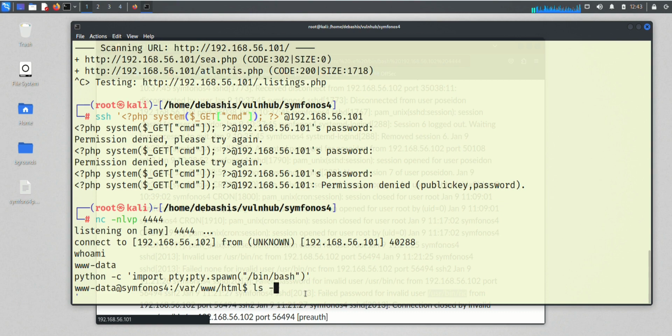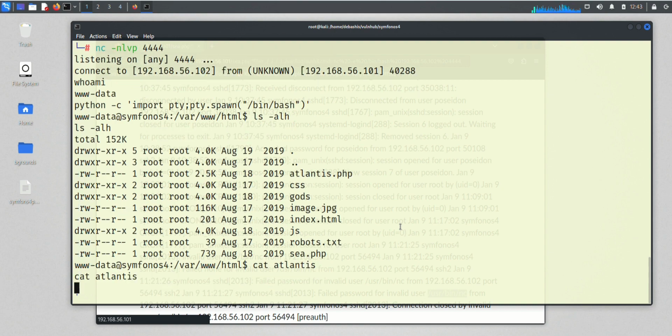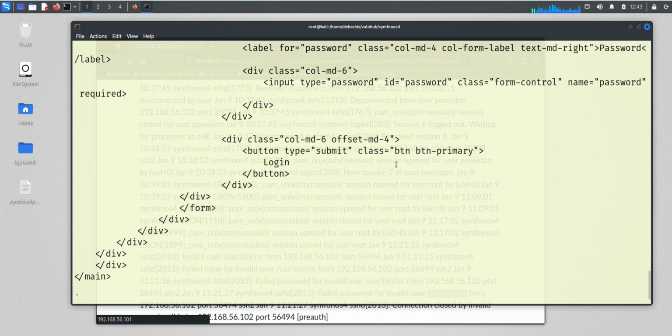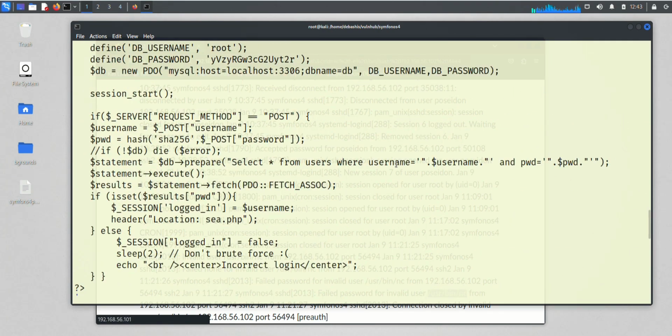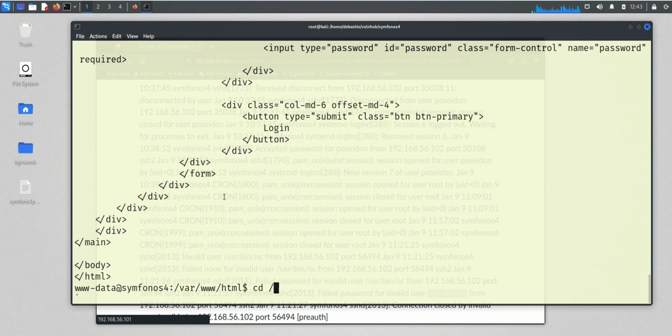So I can just take a look around at what is there. Okay, so there is a PHP file, Atlantis. So we're going to get it to look for credentials. Okay, so let's see what is inside this file, and you can see I have successfully found a user password. I'm going to copy it, and let's see